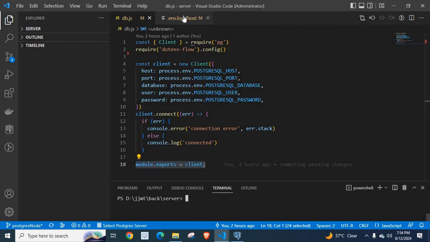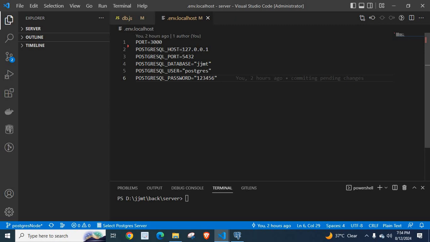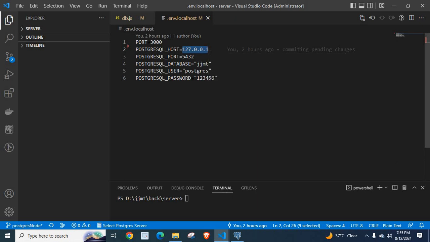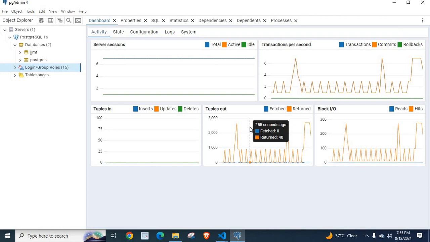Now, when we check this host, it is localhost. We can mention an IP address or directly type localhost here, our system IP address or directly localhost. I mentioned 127.0.0.1. My PostgreSQL runs on port 5432. My database is JJMT. Username is postgres. My password is 123456, which can be updated or created using pgAdmin 4, which is an interface to interact with the